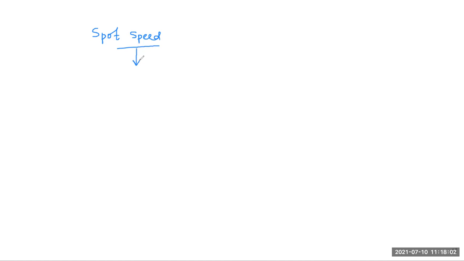Basically, if we know the distance, for example 15 or 30 meters, and we know the travel time over that distance, we can calculate the speed. In class 5 or 6 we studied that speed is equal to distance by time. So if you know the distance and the time, you can calculate the speed. But spot speed can also be measured with the help of several pieces of equipment.